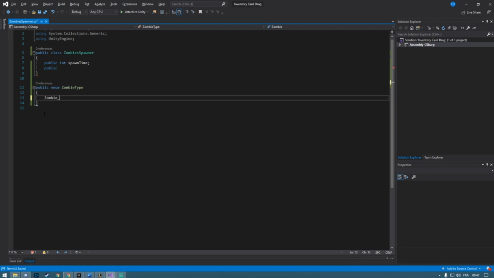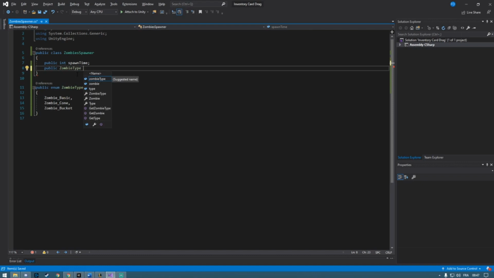zombie basic, zombie cone, and zombie, that one will be the zombie with the bucket. So here we can create a public zombie type, and just call it zombie type. So just to show you